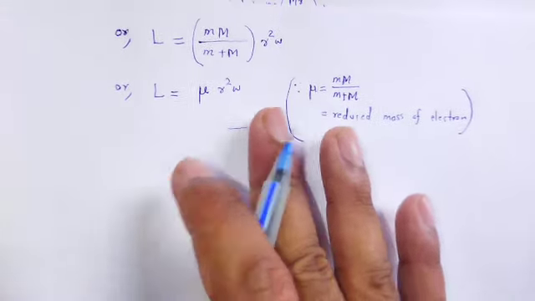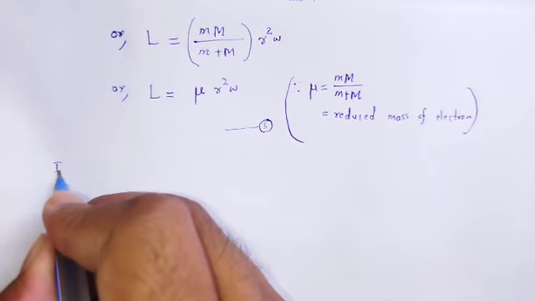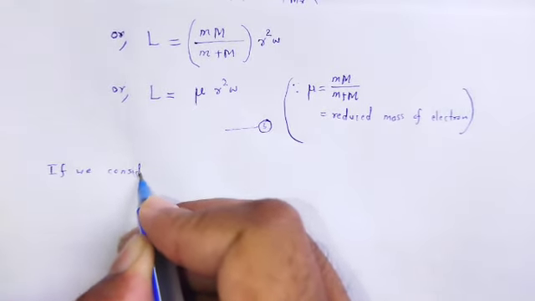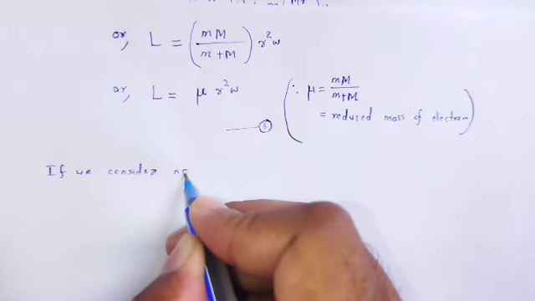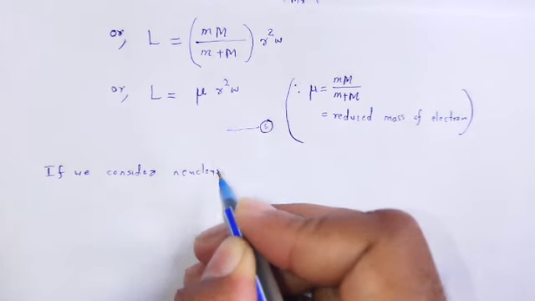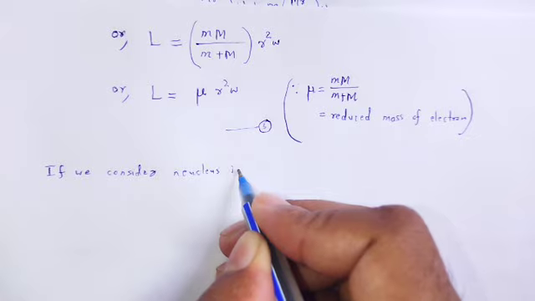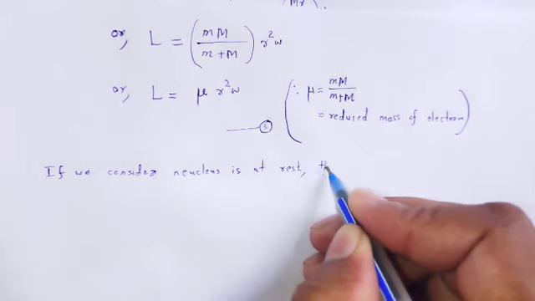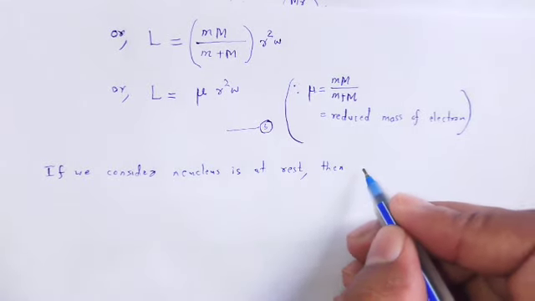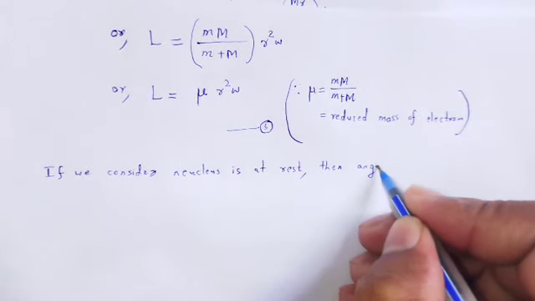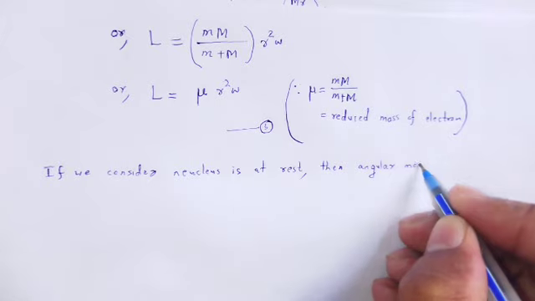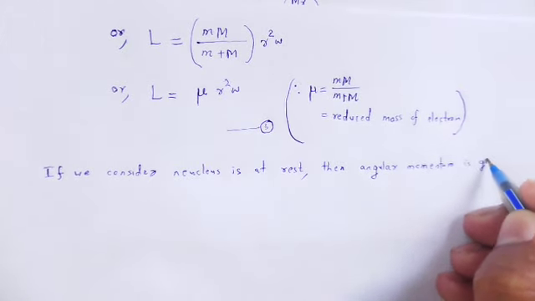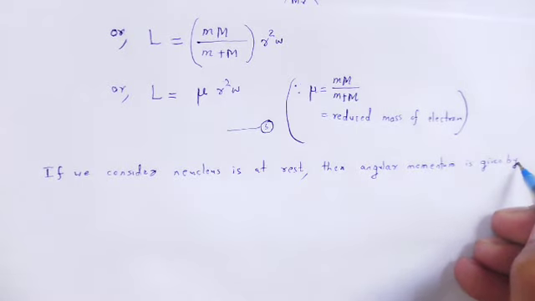If we consider nucleus is at rest, then angular momentum is given by